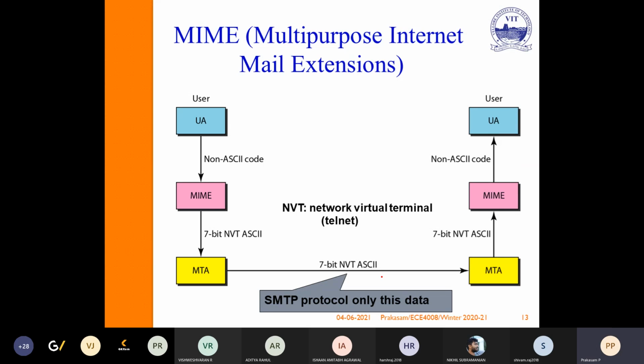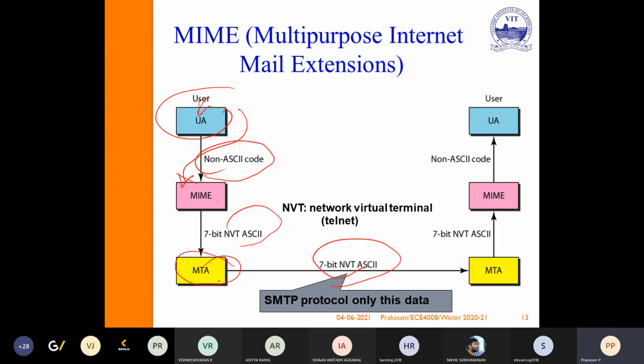So if you want to send, automatically for me Gmail will allocate a user agent. From there, it will go to MIME, that is Multipurpose Internet Mail Extensions. It will convert non-ASCII code into ASCII code, because all the transmission takes care of ASCII code. The email may arrive in a different form, different language, different things. All of these will be converted into ASCII code using MIME.